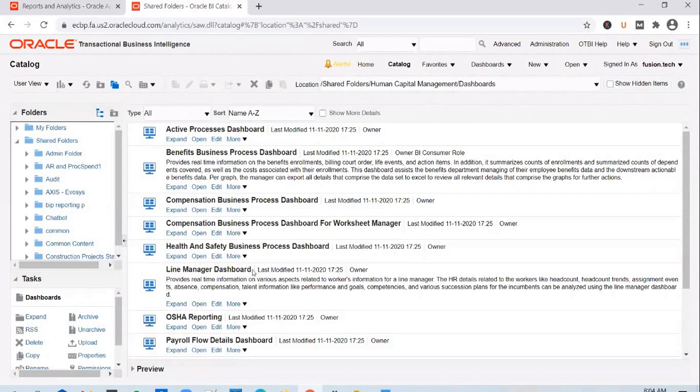Say, for example, if you look at this Line Manager dashboard, what does it do? It provides real-time information on various aspects related to workers' information to a line manager.